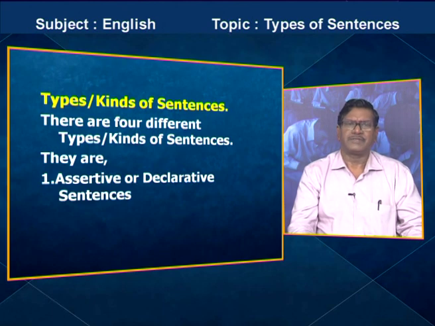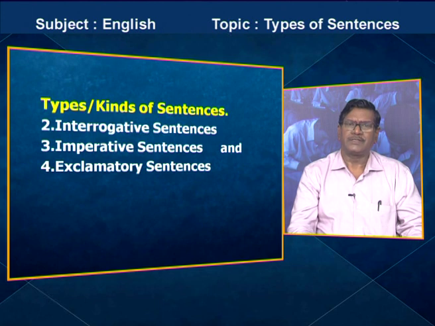There are 4 types of sentences. 1. Assertive sentences, 2. Interrogative sentences, 3. Imperative sentences, 4. Exclamatory sentences and wishes. So, assertive sentences, in these assertive sentences we have